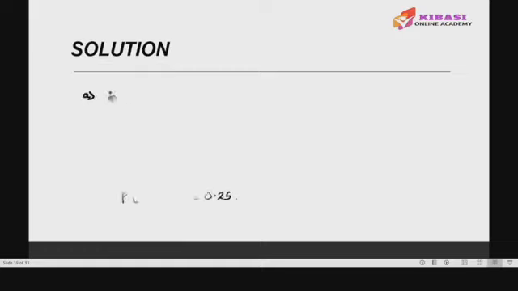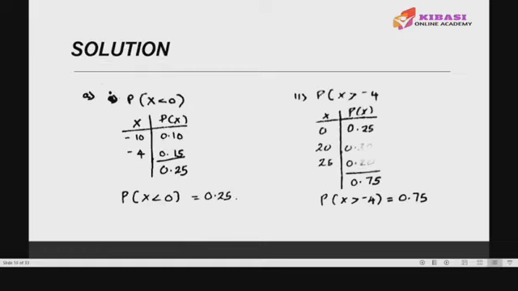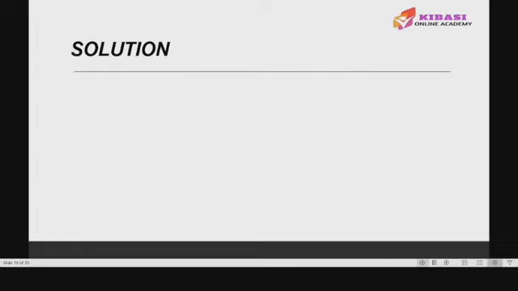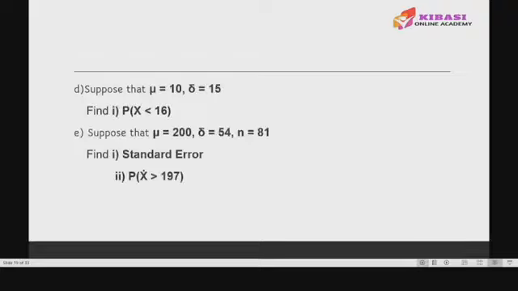Solution. A Roman 1 we have tunatafuta probability kwamba x ni ndogo kuliko 0 from the data tuliopewa here. When I turn back here